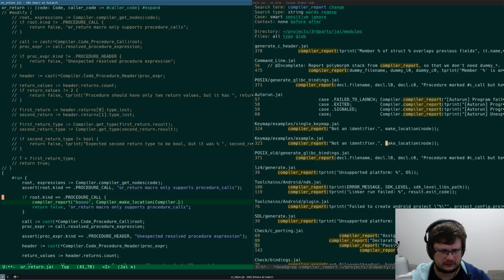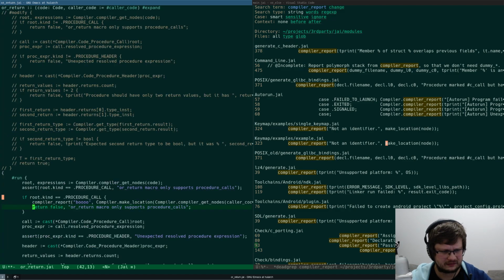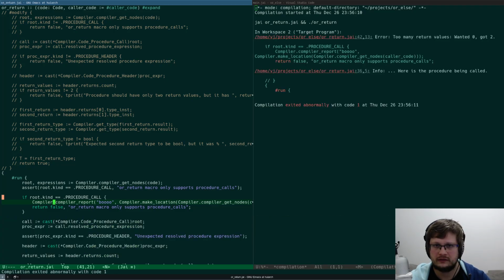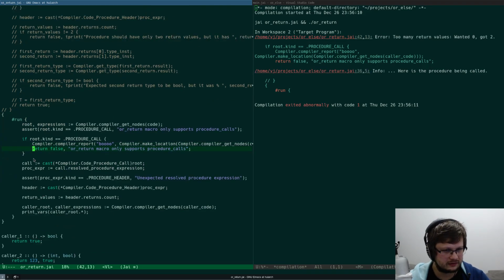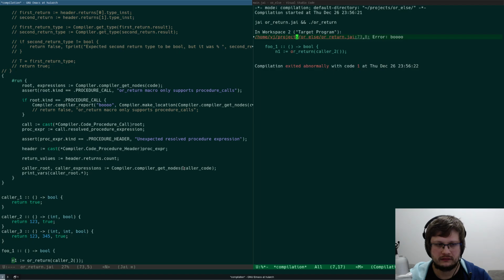Like get nodes, something like this. Oh, compiler report is probably also namespaced. Okay, too many return values. Oh, it's because error bool, right? Okay, maybe that's good.